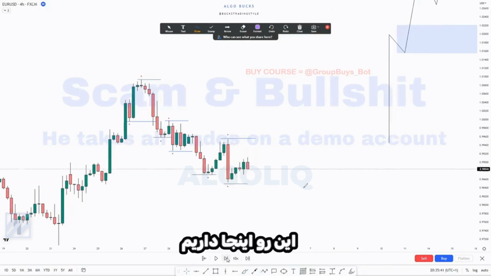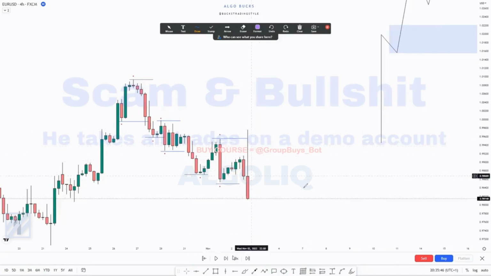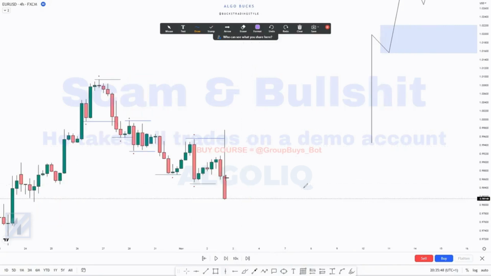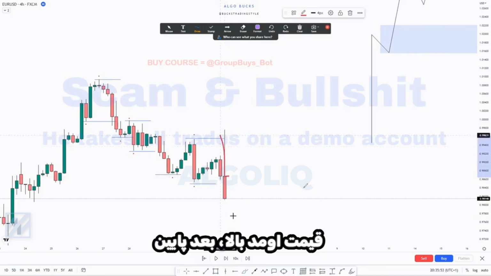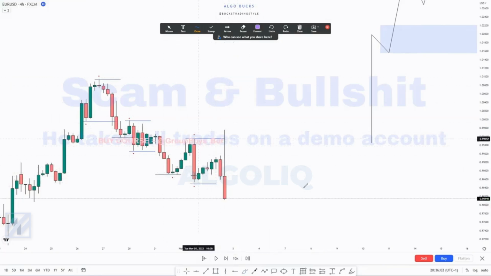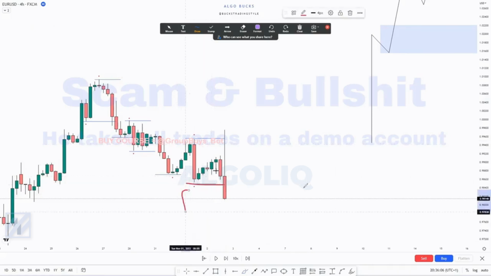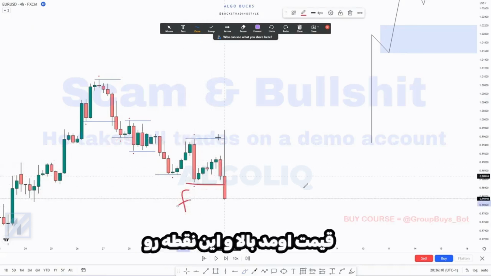We have this right here. Good. Now this is a new move. When price opened, reading the candlestick, price came up to this point before coming down. Do you agree with that? Yes. Okay, good. Now see what price did. This low becomes a fake break of structure because when price broke it, price came up and then took out this point.